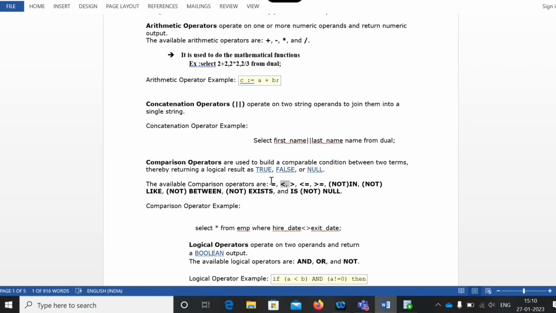Some people may be equal to me, some less than me, or greater than me. If I need the people who are equal to me or greater, I will use greater than or equal to. Who are equal to me or less, I will use less than or equal to.